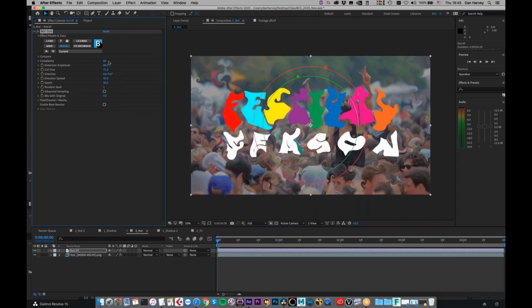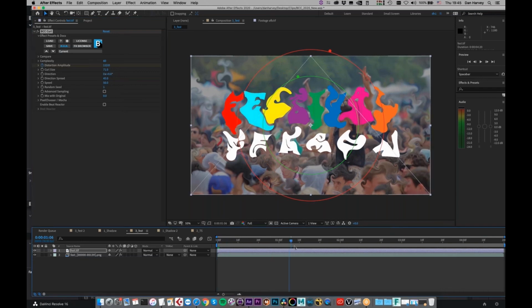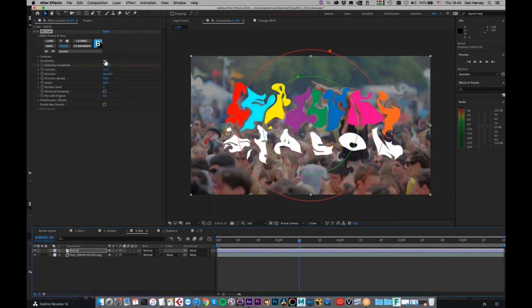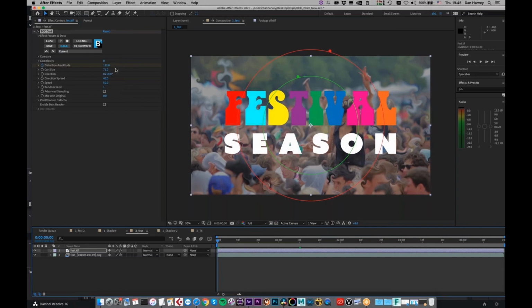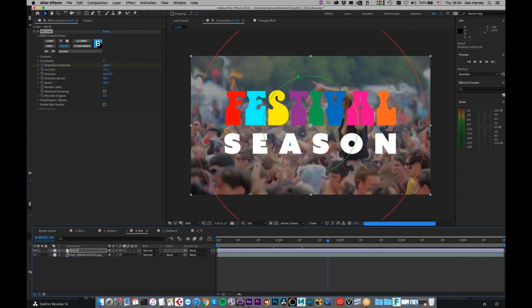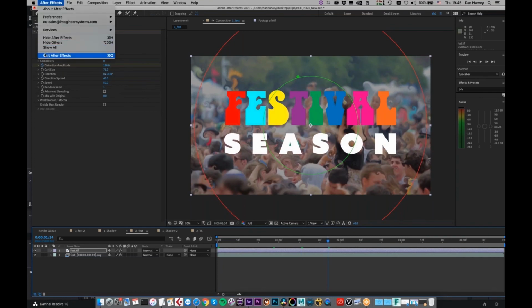I'm going to keyframe the amplitude so that we start with something very warped, and then 10 seconds into the shot, we'll bring that down to 0 so that it's normal. So this acts as a kind of psychedelic reveal for our effect. If we go in here and turn that up, you can see the result. So moving on to